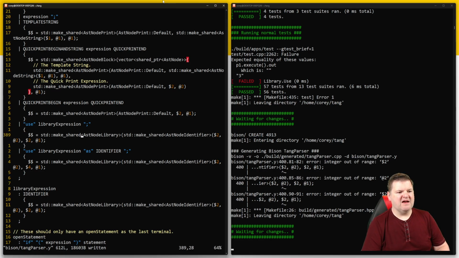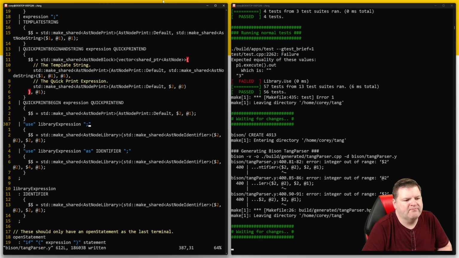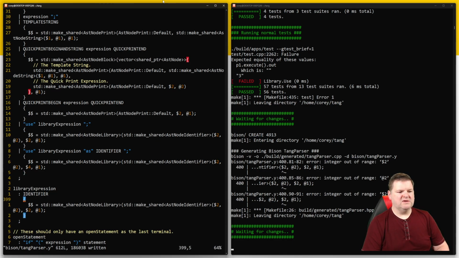So now instead of AST node library expression, okay, I see what's going on. So the problem is this should not be